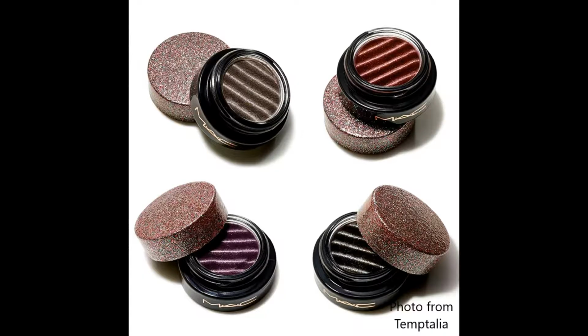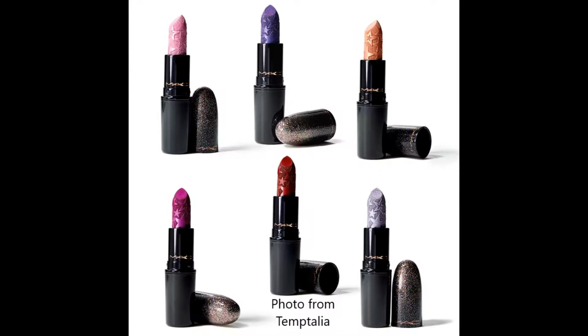The single shadows in the little pots, I'll put a picture in somewhere. Those looked quite interesting, but it's not something that I will use quite regularly. It will get shoved in a drawer and forgotten about. The lipsticks as well, I wasn't really that interested in. They were all a bit glittery, metallic. They looked cute with the packaging. Again, I'll pop a picture in to show you. But these things,